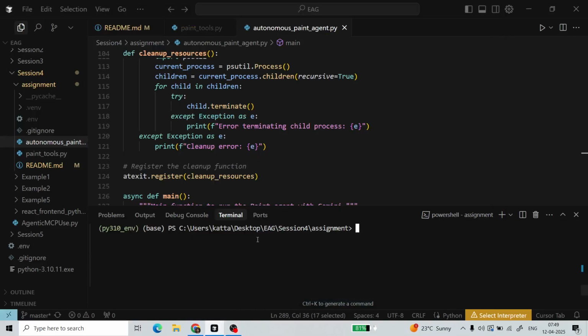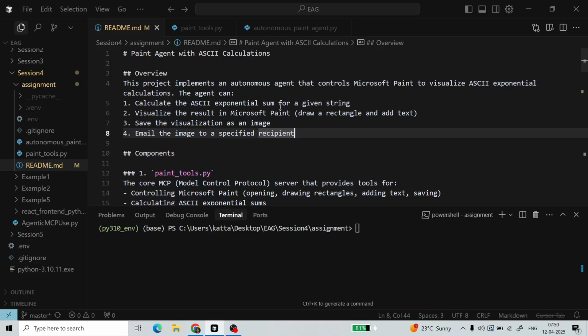Hi everyone, good morning. So for assignment 4, we were asked to build an agent using MCP servers, which can calculate the ASCII values of a given word and write it over Microsoft Paint or similar tools and draw a rectangle around it. And additionally, we are given an optional assignment where you can email the Paint file whichever we have created,